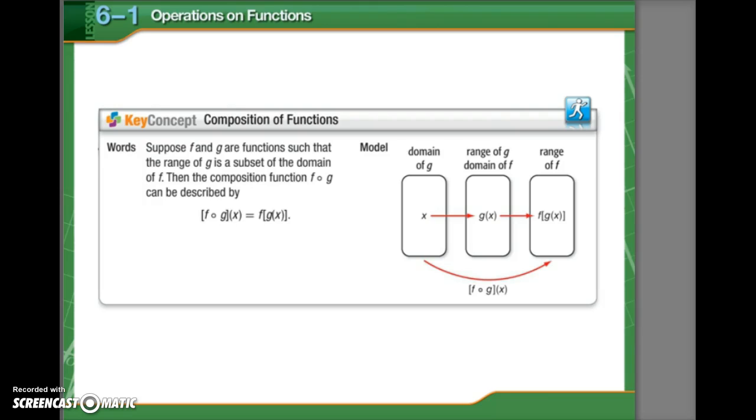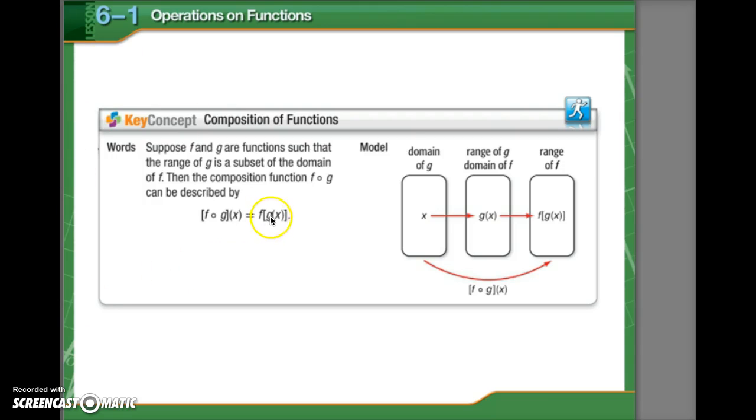Okay, the new concept is composition of functions. And if you want to talk about composition in just words, the way it's explained is, suppose f and g are functions such that the range of g is a subset of the domain of x. Then the composition function f composition g can be described by f composition g of x is f of g of x. So basically what this terminology means is that you take the g of x function,